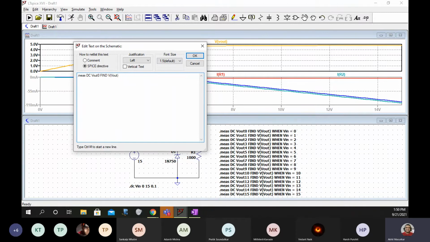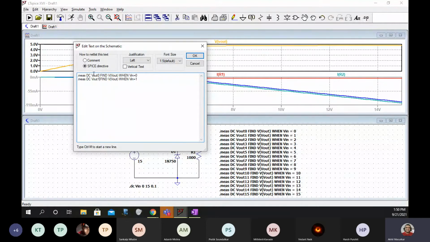Like this you have to type, and you have to type so many lines like this. When V in equal to 0. Now if you want to type this line again, you can just copy this and press Ctrl M to come to the next line. You can come here, write 1, and instead of V out 0, you can write V out 1.